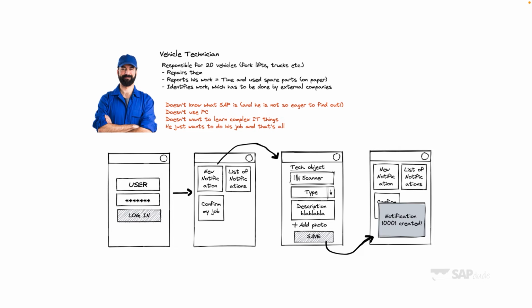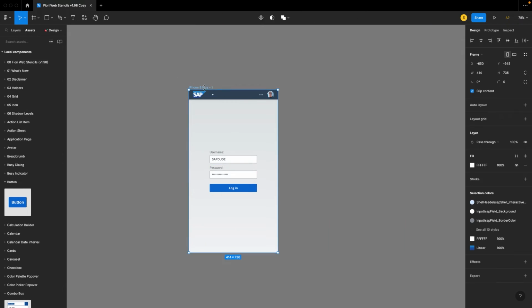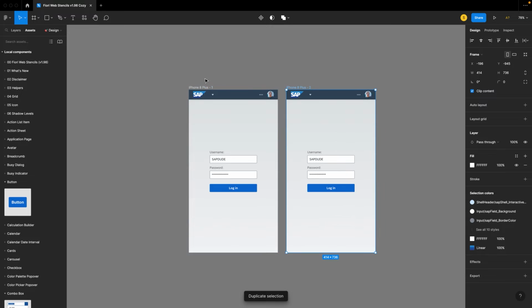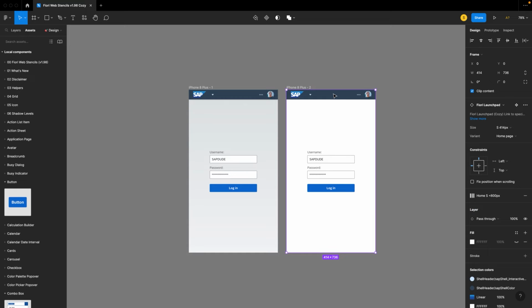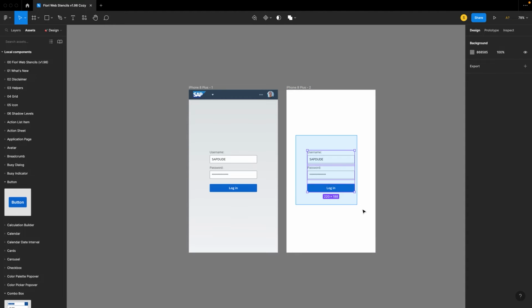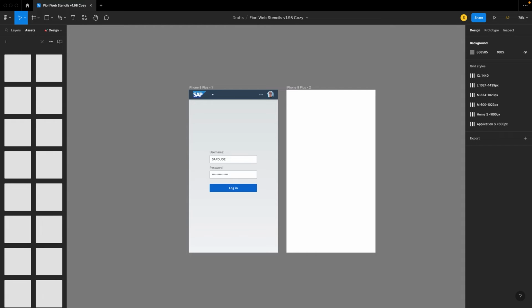So the next screen is this Fiori Launchpad with these tiles, right? So moving back to Figma, now what we can do, we can, for instance, duplicate this frame. Control D is duplicated. I can select, double click this content, delete it like this, for instance. And what we will do, we will also find one more time this launchpad. So I will type in the search box Launchpad,